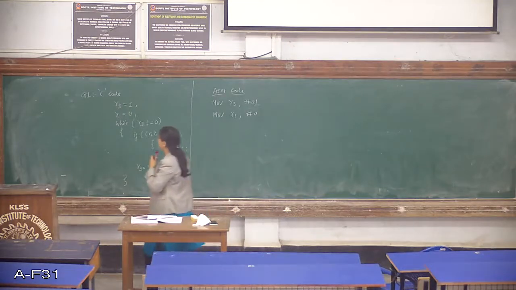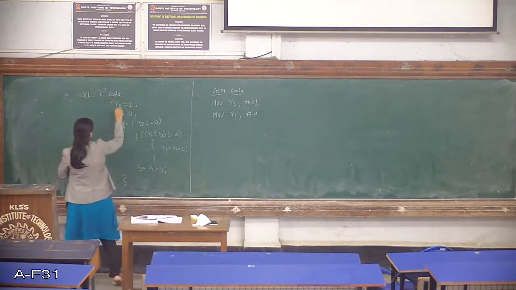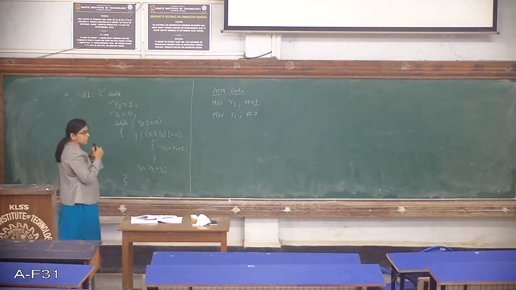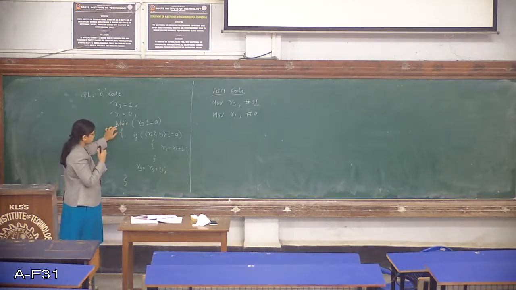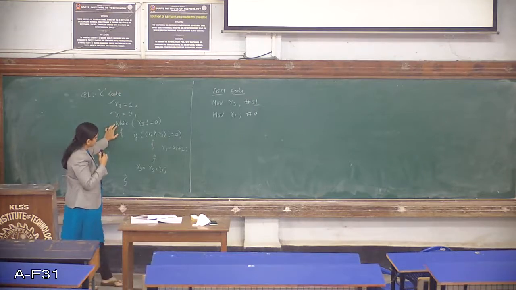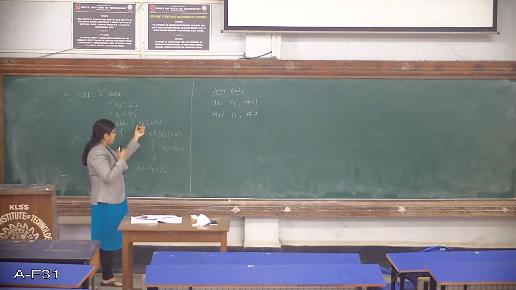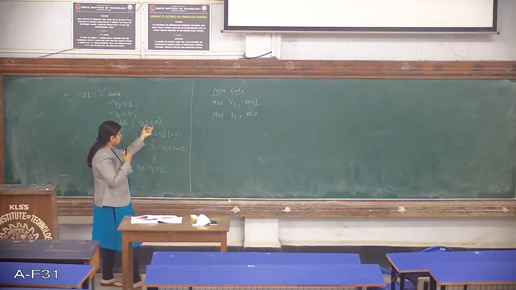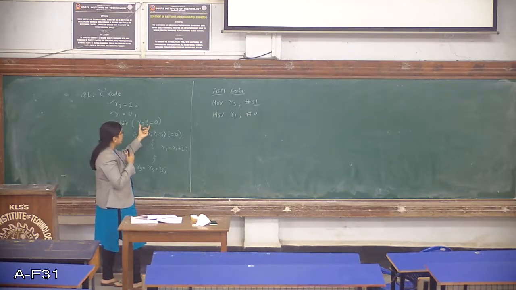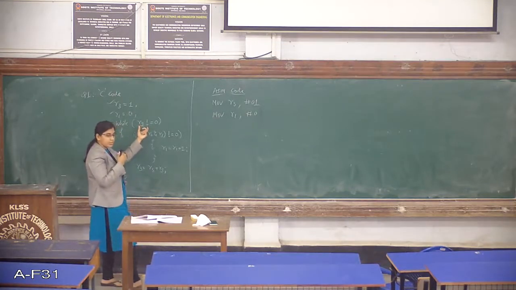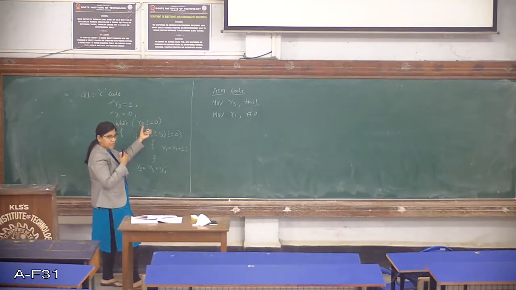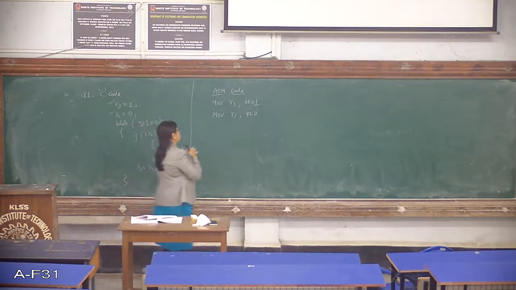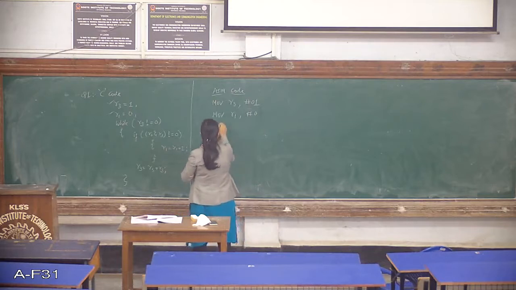Now the first is over, the second is over. What is the third instruction? What we have here is a while instruction. In a while instruction, what are you checking? What is the condition? You are checking if R3 is not equal to 0, so you need to compare. So you will be using which instruction here? For the assembly code, it is CMP, that is the compare instruction.